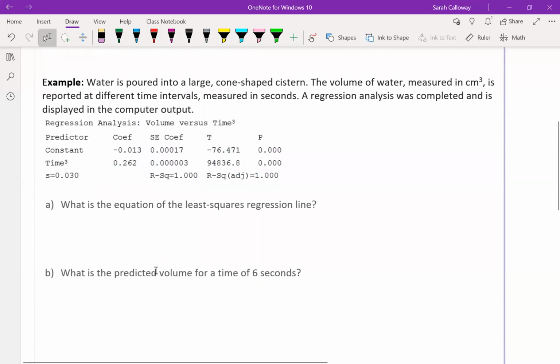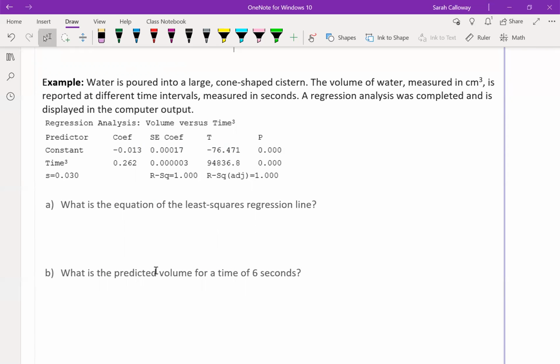Next, you'll see a couple of things where they'll give you the output on the computer. If I have the computer output of a problem, they will ask me for the least squares regression line. There will be other problems that give you the least squares regression line and ask you to find a predicted value. I'm just going to do these in one example together so that we write the line and then calculate the value. So for the first one,